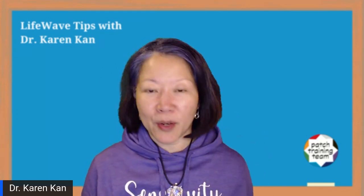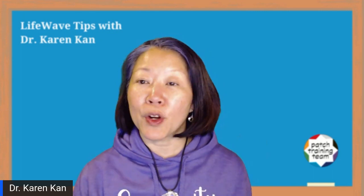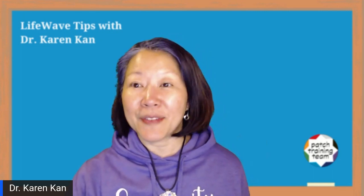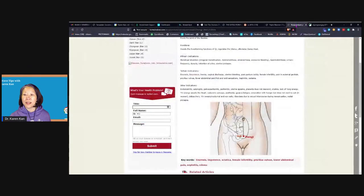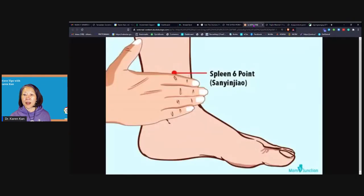It's for the left side of the body or the center line, but in this case, we're using it on the left side. And for this hormonal balancing protocol, we're actually going to use it on the left spleen 6 point. So I'm going to share my screen so you can see where that is. There we go. Okay. So on your left foot, if you see the inside ankle and you touch the top